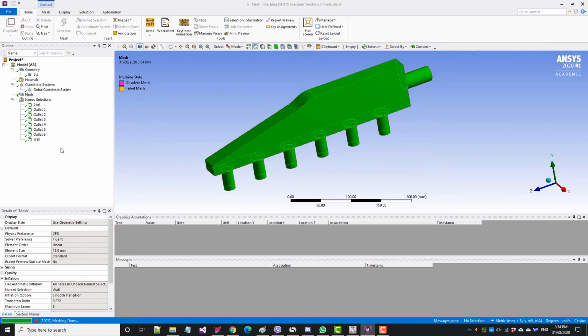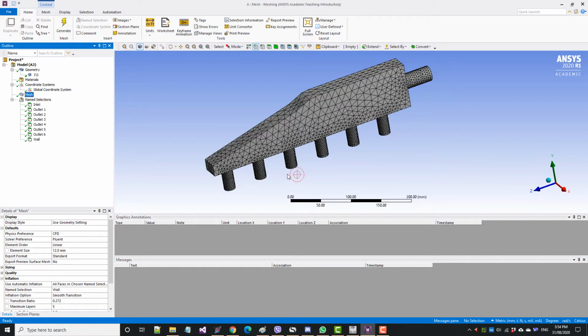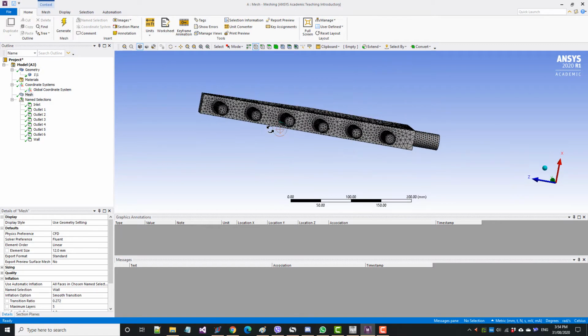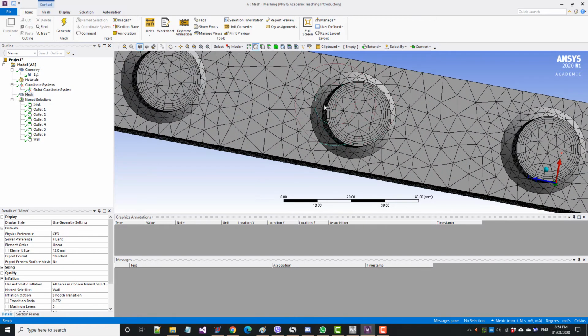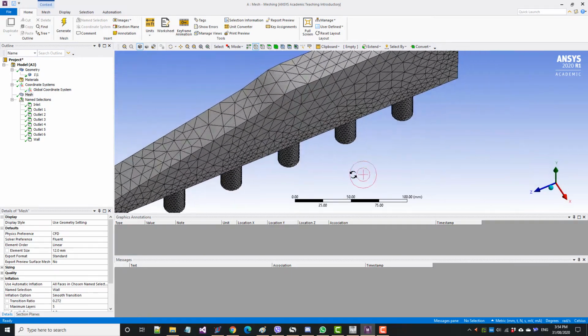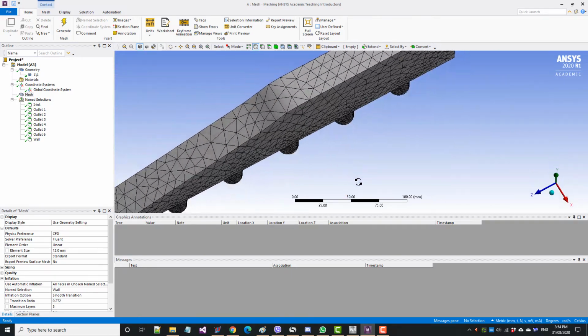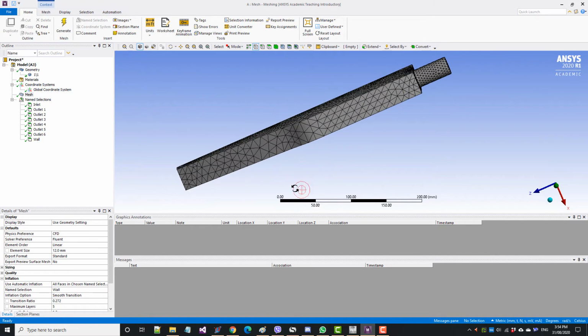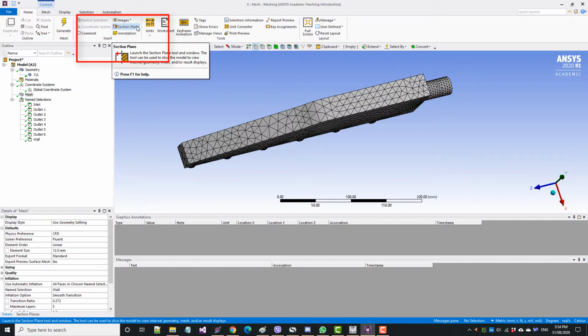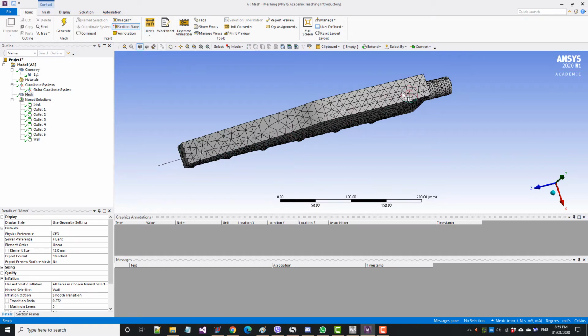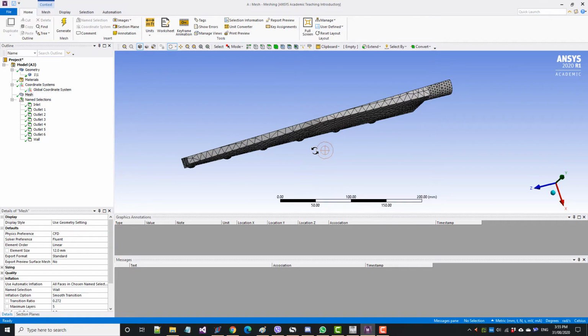Notice that the program-controlled inflation has automatically created prismatic layers from all the walls, and this can be traced by the quadrilateral mesh faces on the 4 surfaces that are associated with name selections. To make this more obvious, I will show the mesh elements in the interior of the domain by using the selection planes. Click Selection Planes in the toolbar. I will then define a section plane by holding the left mouse button and drawing a line through the model